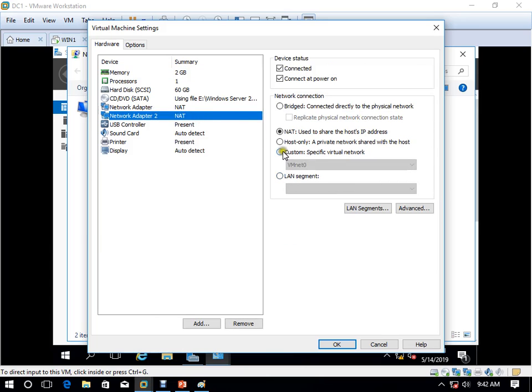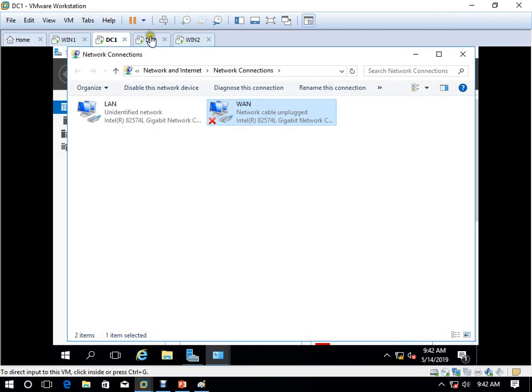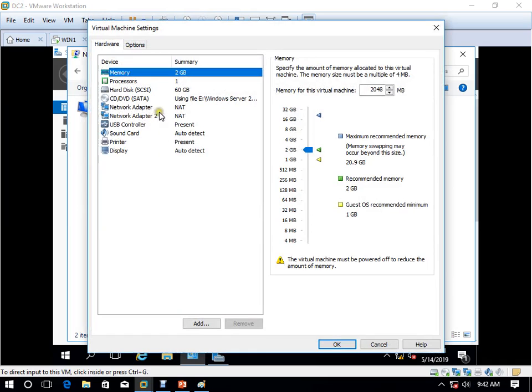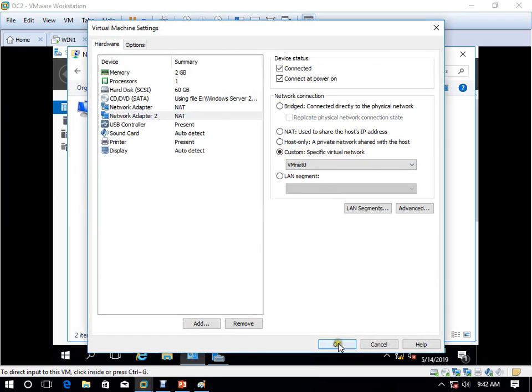Adapter 2 you have to make as VMnet 0. WAN. This is the LAN, this is WAN. Okay. So WAN you have to make VMnet 0 here. DC2 come here. Okay, here also you have to make VMnet 0.